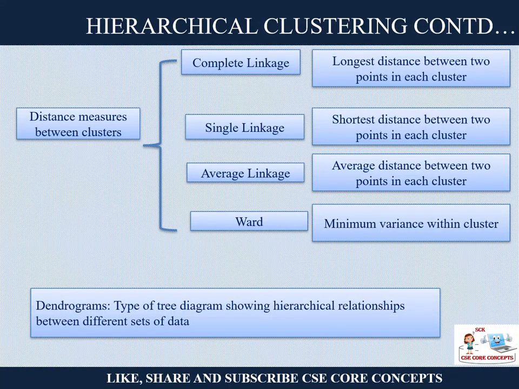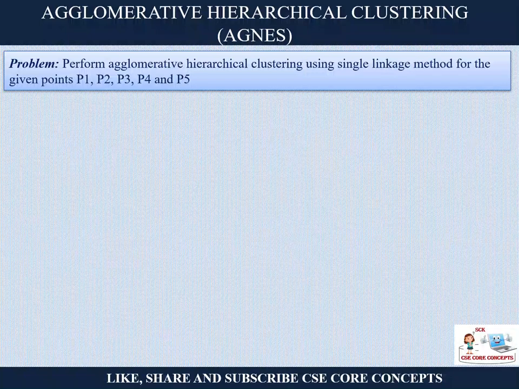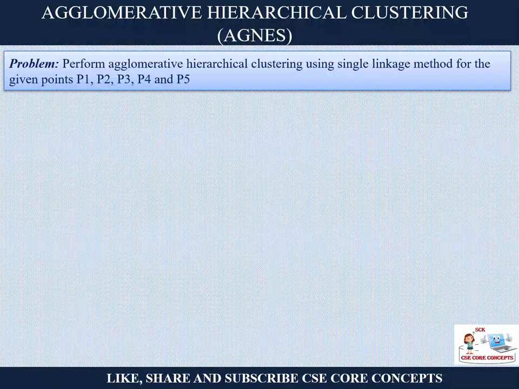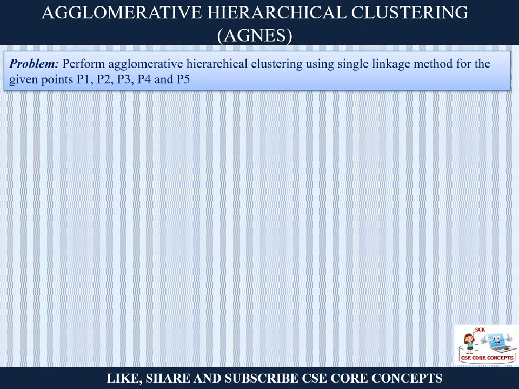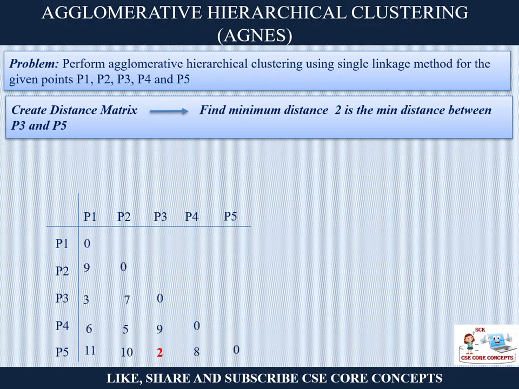Once the clusters are formed, the pictorial or tree diagram of the clusters, which shows the hierarchical relationships between the different sets of data, is called a dendrogram. So let us understand agglomerative clustering here. We are given a problem with 5 points P1, P2, P3, P4 and P5, and I want to perform agglomerative clustering using the single linkage method. What I mean by single linkage is that I have to compute the shortest distance between the two clusters. So let's consider this